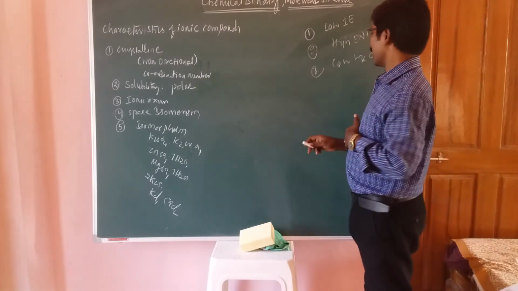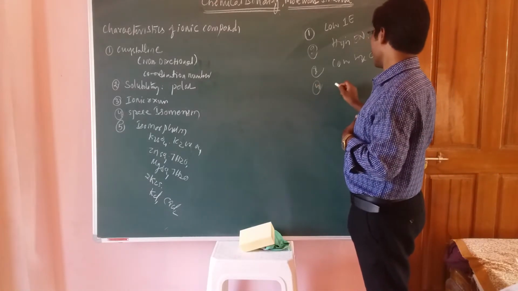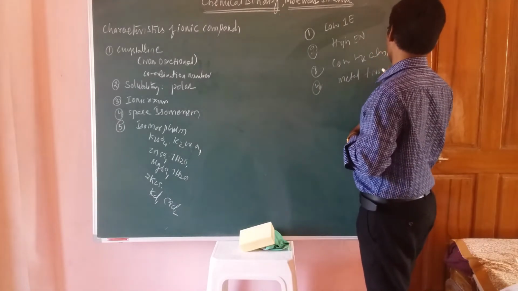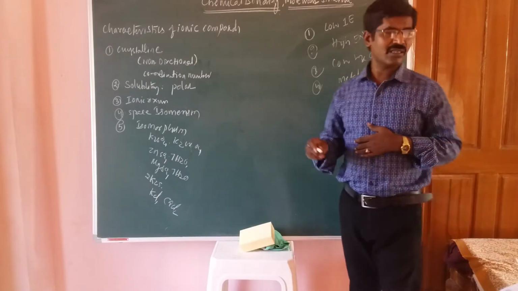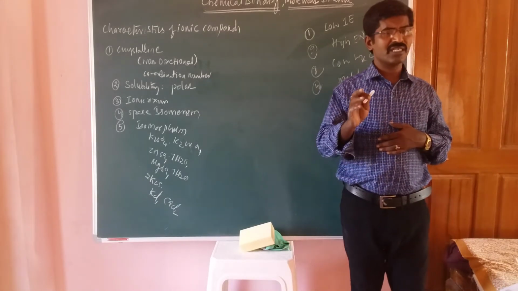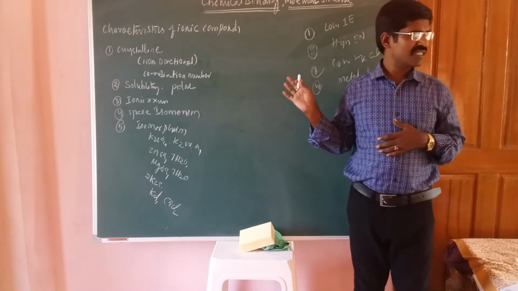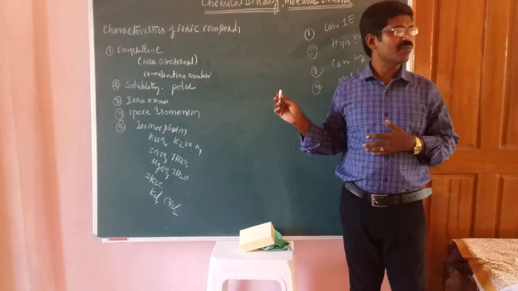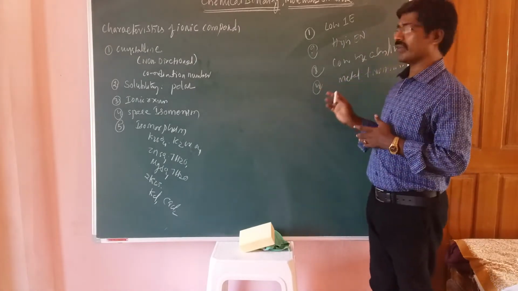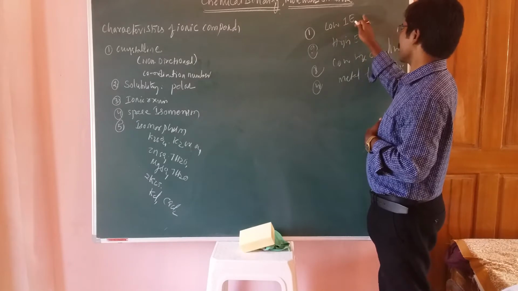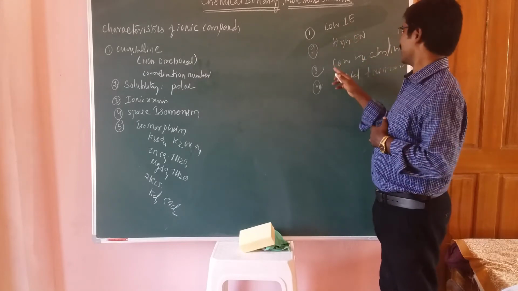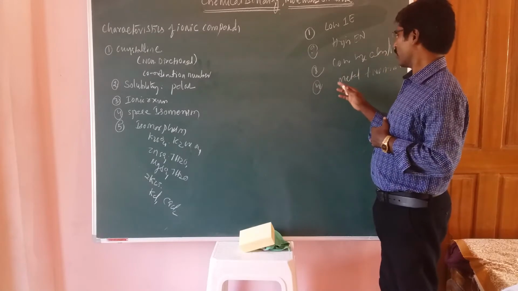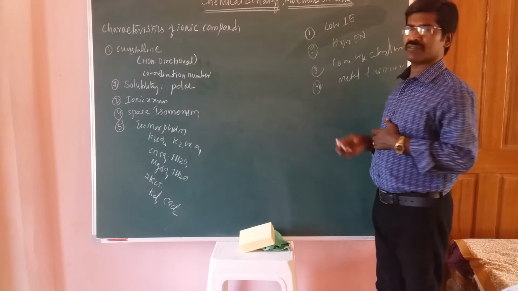Now, the ionic bond is formed between a metal element and a non-metal element. So these are the important conditions for ionic bond formation. This is a very important thing; it gives the complete evidence. Low ionization enthalpy, high electronegativity, small size of cation, larger size of anion. The ionic bond is formed between metals and non-metals.